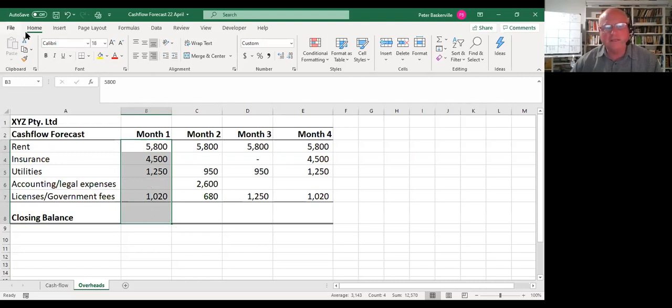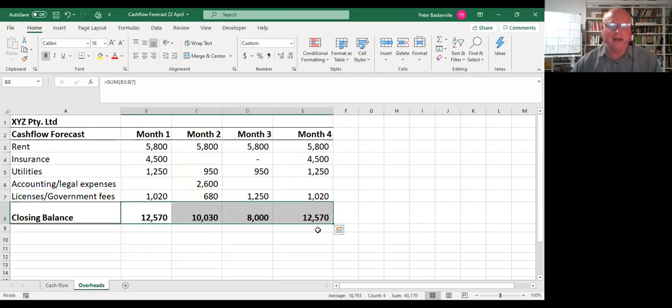And on the home tab of your Excel, there is a thing up here which is called sum. And that automatically sums that for me. And like I say, I could go and do the same thing again here if I wanted to, or I can do what I said before, which is create a series builder. So bottom right hand corner, drag that across, and that will now create a sum for every one of those